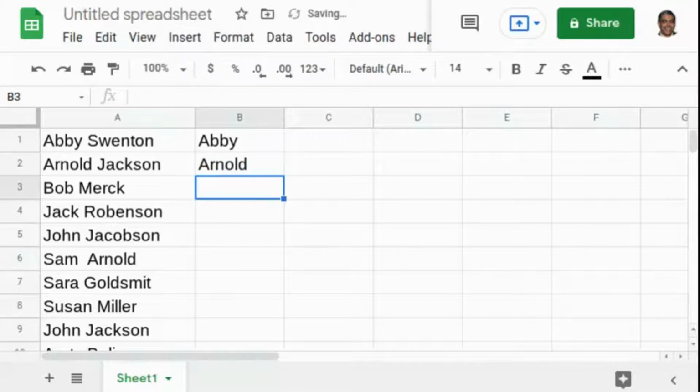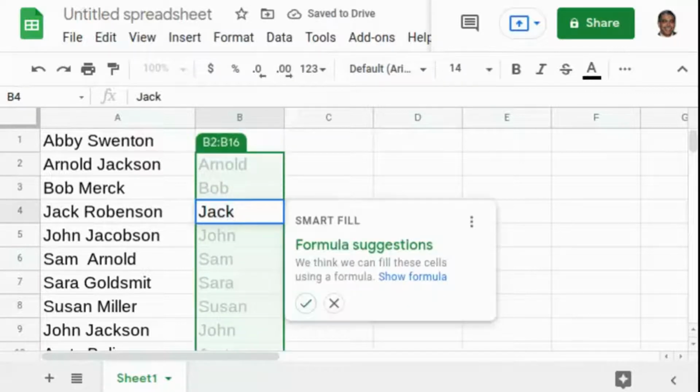Then I have Bob Merck. Then Jack. Now it's figured out my pattern here, and it comes up with a suggestion, formula suggestions. We think we can fill these cells using a formula, and that really would be isolating just that first name here. And you can see the same would be the case with every one of these